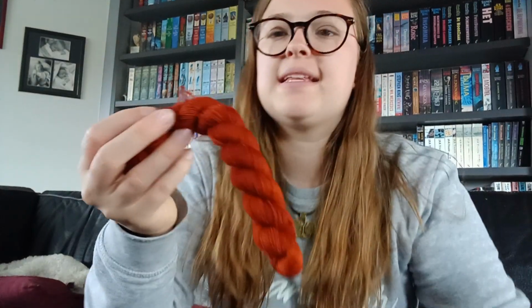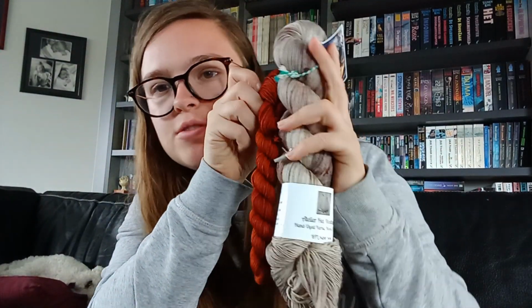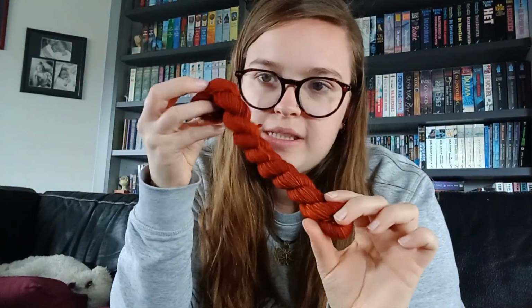Trying not to crinkle too much, like this brown. This is like this reddish brown. It almost looks orange on camera. If I held something next to it, does it look better? Oh, I'm trying to see. Yeah, no. It's a little bit more rust than red on camera, but like the combination